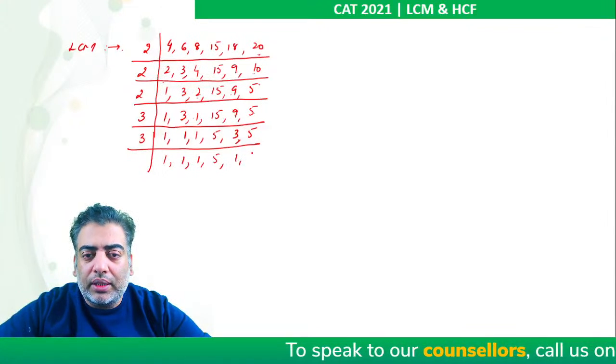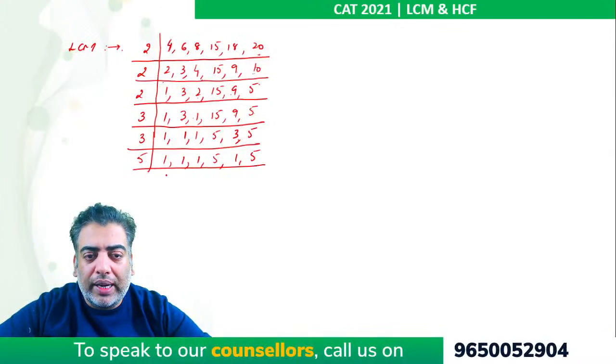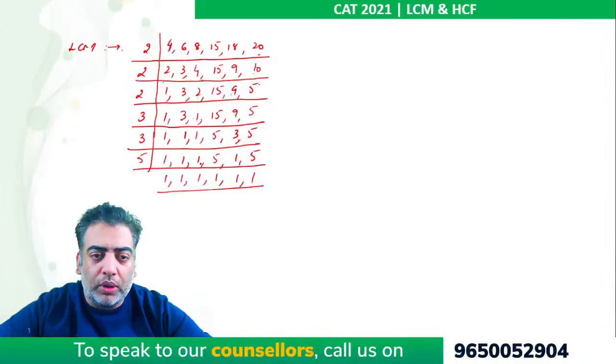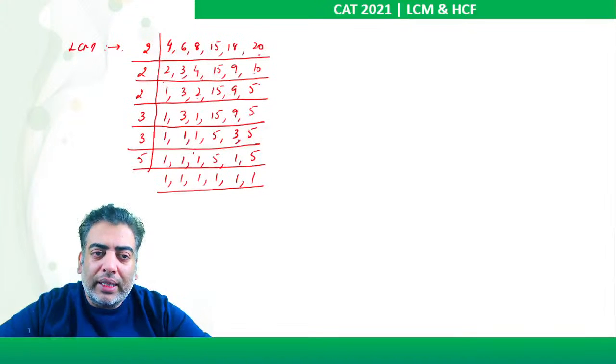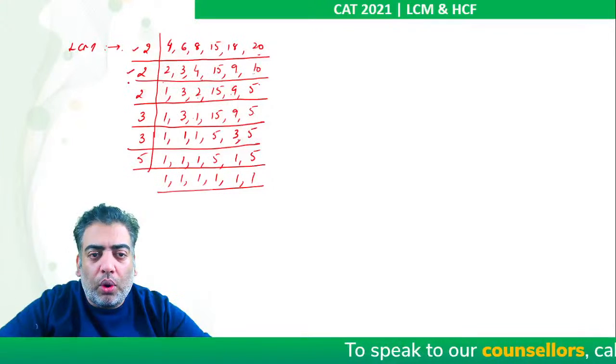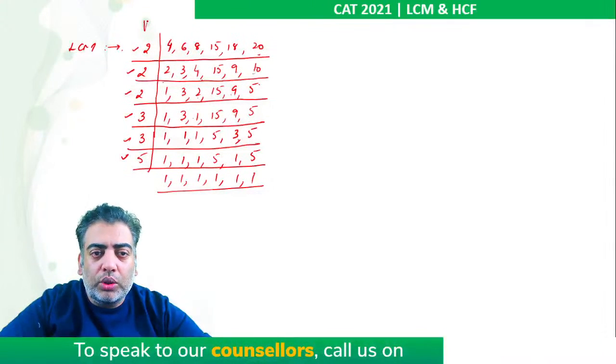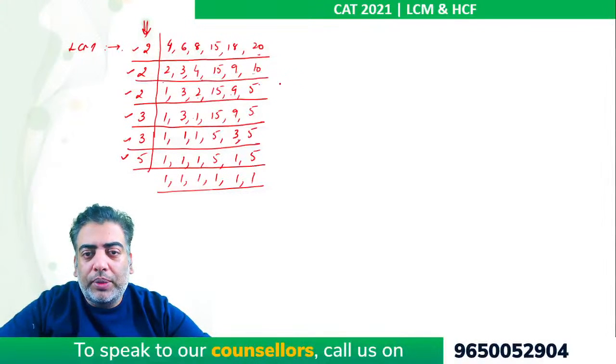So 3 ones are 3 and 5 will be like this. Now we can clearly see they can be divided by 5. So the moment I got all these ones here, we will stop the process. And the LCM of all these numbers comes out to be the product of all the values written here in this vertical line. So in this column, it will be the product of all the values, which comes out to be